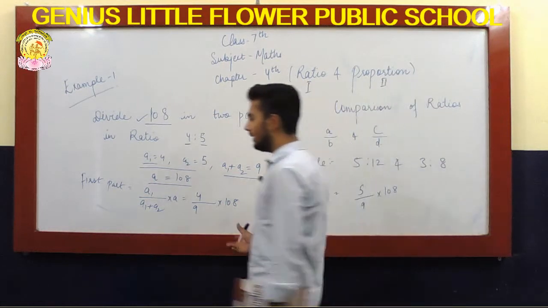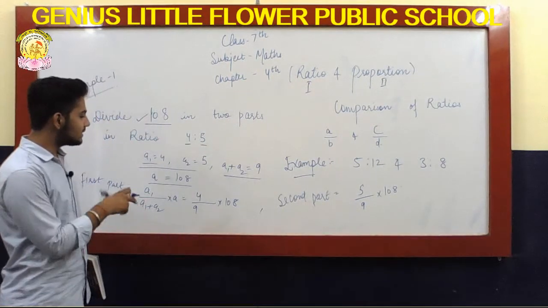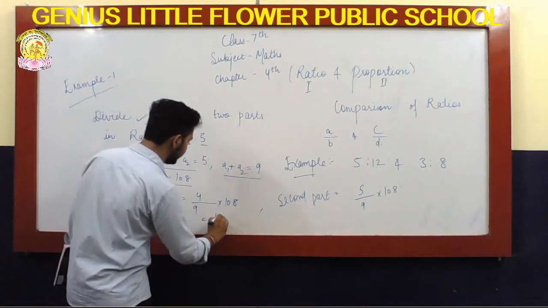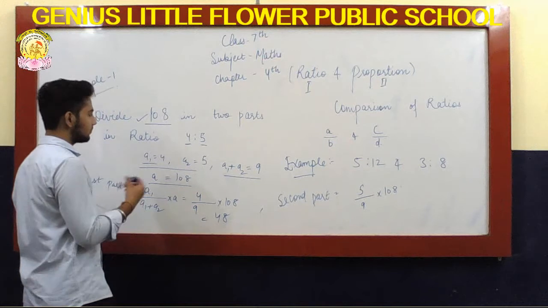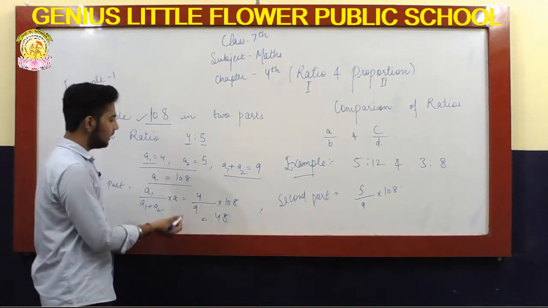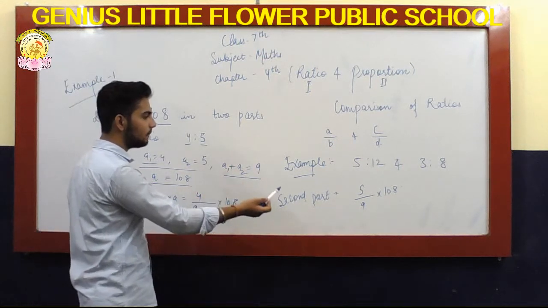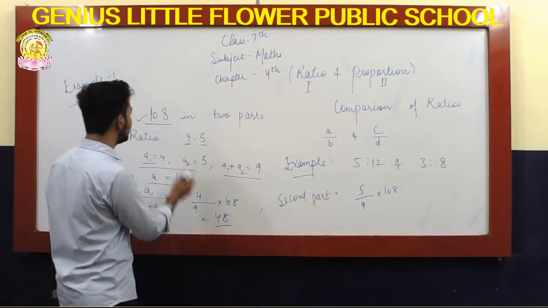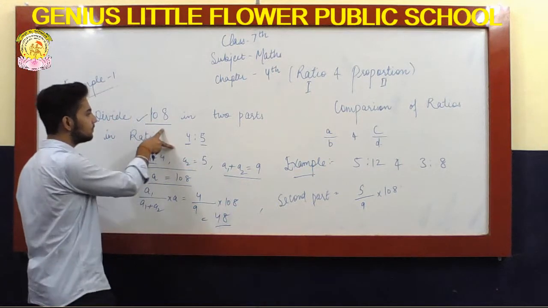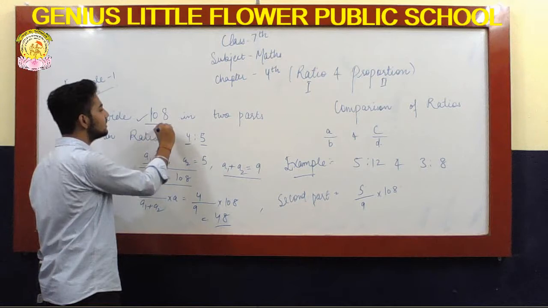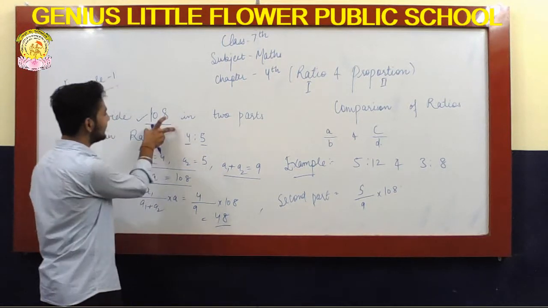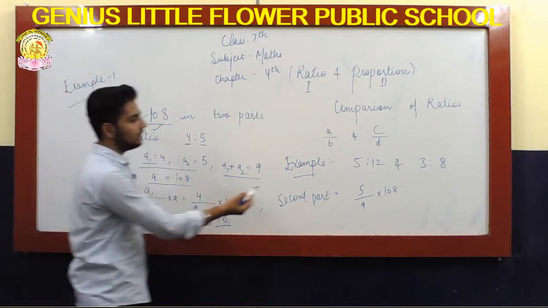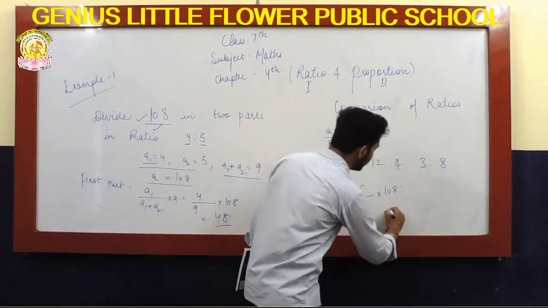So you have to divide it, and what you will see is that here the resultant is 48, right? You have to calculate, and now you also have to calculate the second part, or you can generally estimate it by subtracting this, because we have to divide this in two parts, so the sum will give the same number. So after subtracting 48 you will get 60, or even if you calculate this, you also get 60.